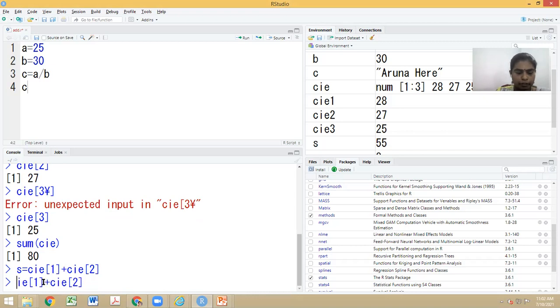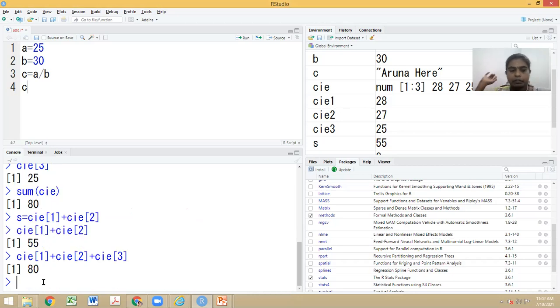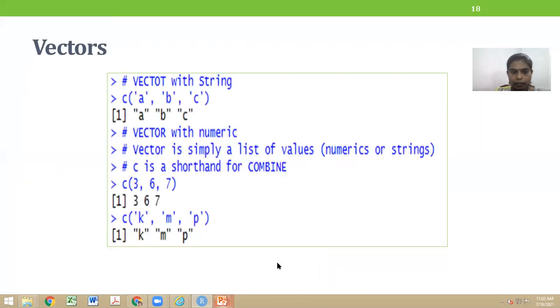Suppose I want to visualize the result. Let me give it directly in the command prompt. So this way also I will be able to add. I want to add the third index too. Yes, I can do it this way. So the result is the same, but the methodology is different. You can use different techniques. Well done, Akshay and Yamini. We'll move on to the next command.